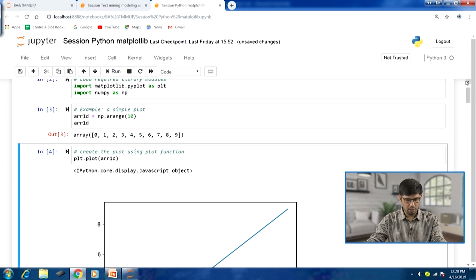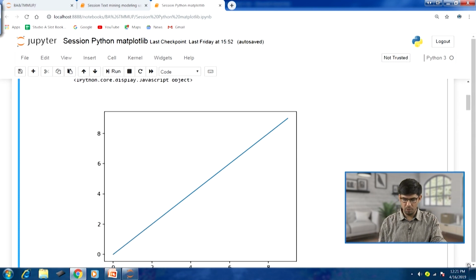Now, the next thing is creating a plot using the plot function. This plot function comes from the matplotlib library, plt.plot, and we will pass on this data that we have, array 1D. Typically, as you would understand, for a 2D plot we need data along the x axis and y axis, so both coordinates are used to generate a plot. In case we are passing data for just one argument, either x or y, the other one is going to be copied and the same data is going to be used for plotting.